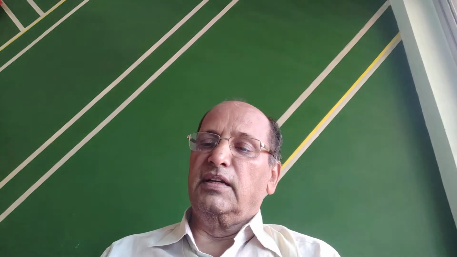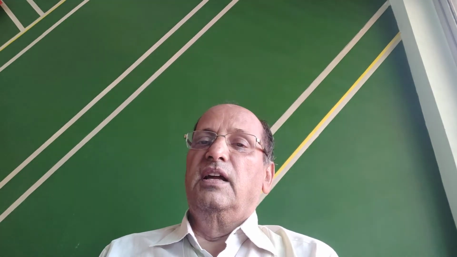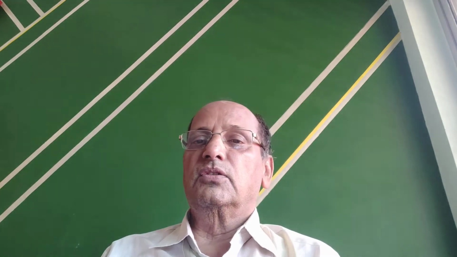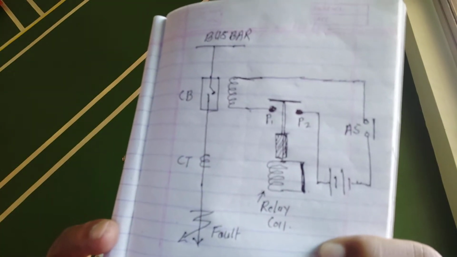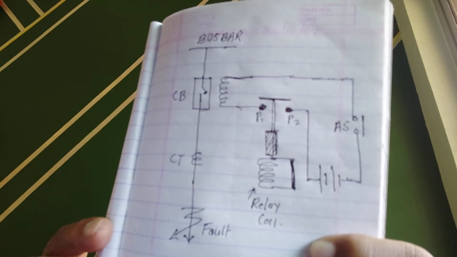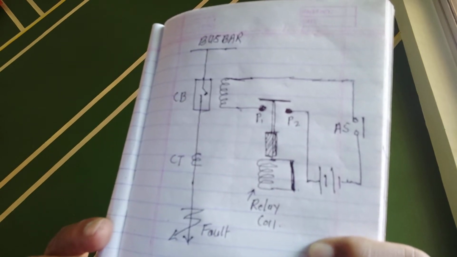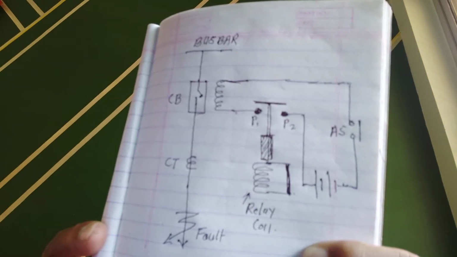Total relay operating time is designed according to different types of application, and the setting is done according to that particular type of application of the relay. The basic circuit for the relay I am giving here. You see, this is the basic circuit of the relay. It is used for testing of the relay at the factory and also at the type test.